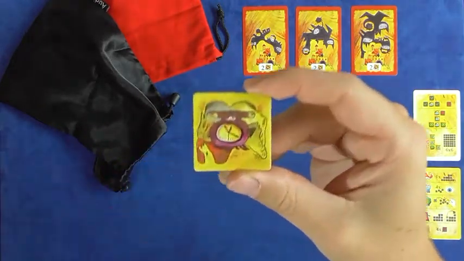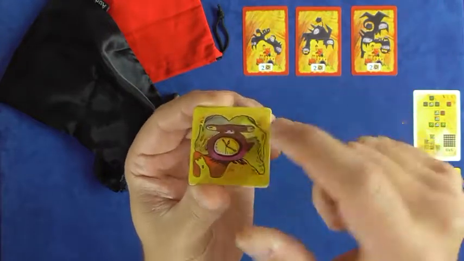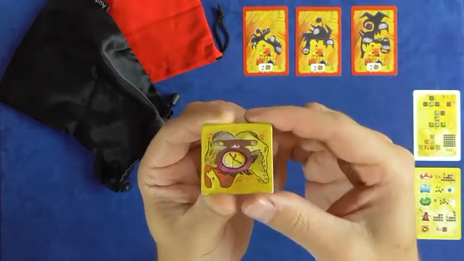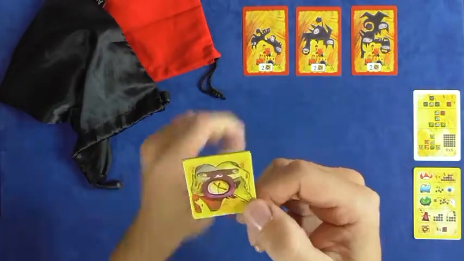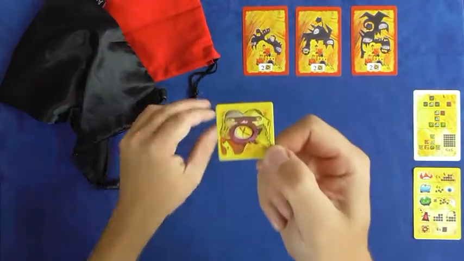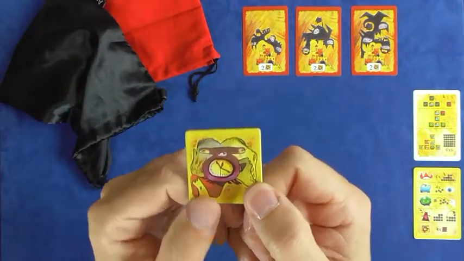There we go. Beautiful start. A traitor. This one has not got a border around it, so I can choose to discard it. I don't need to put it on the card. I got a choice, I can discard it. And actually it's quite lucky because at the beginning